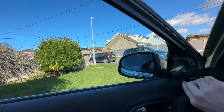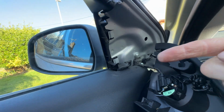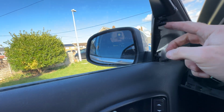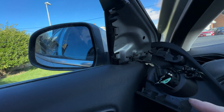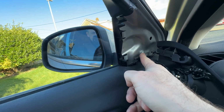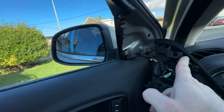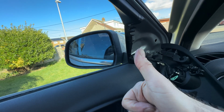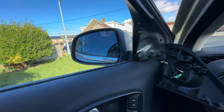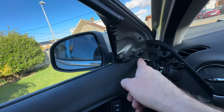There we go. So you see these clips here, that away. There's a little clip up here as well. Now, the only thing holding the mirror on is that bolt there. So if you haven't got Powerfold and you need to change the mirror, pull this off, unbolt that, Bob's your uncle. Unfortunately, I do have Powerfold that's not working, and the plug, as you may be able to see down